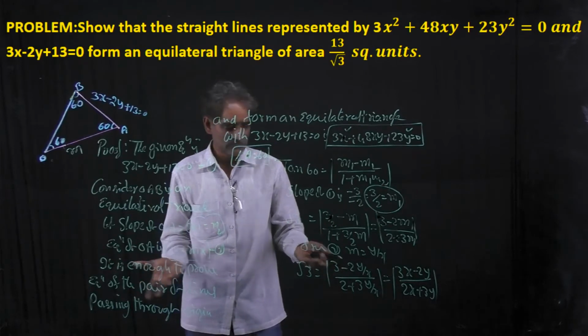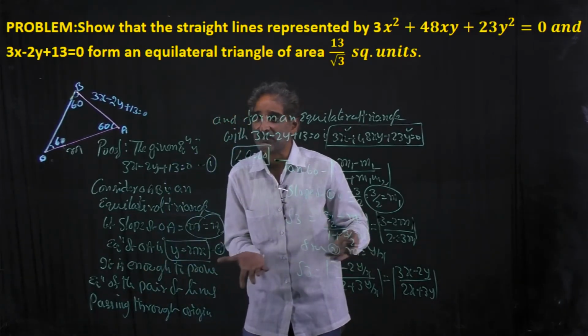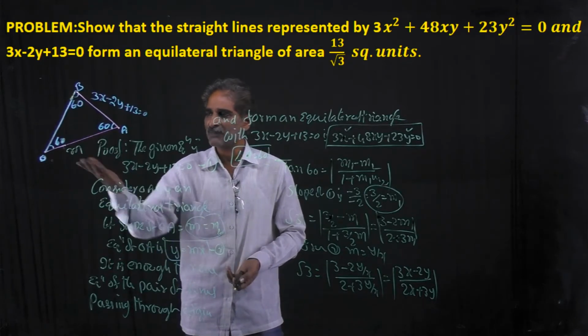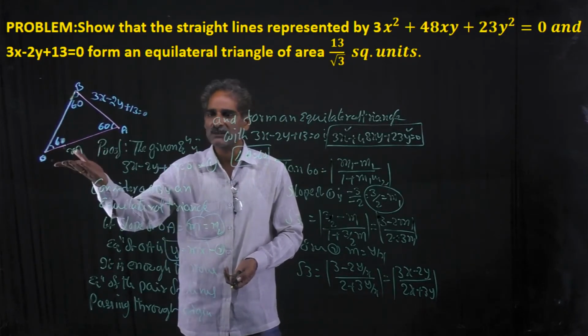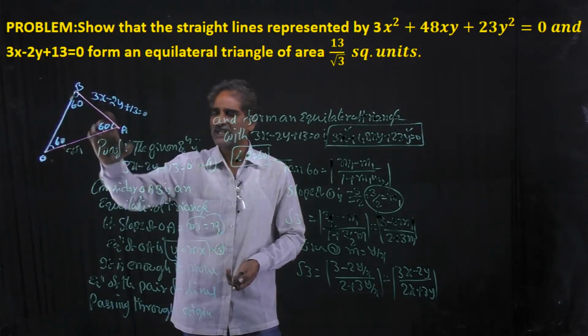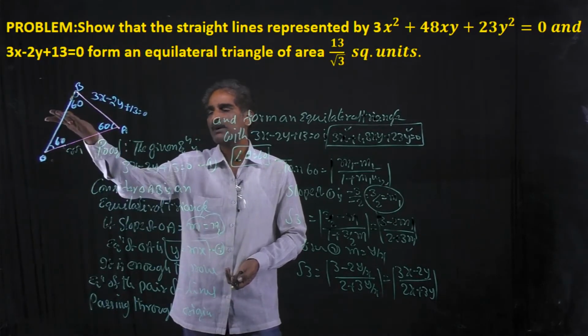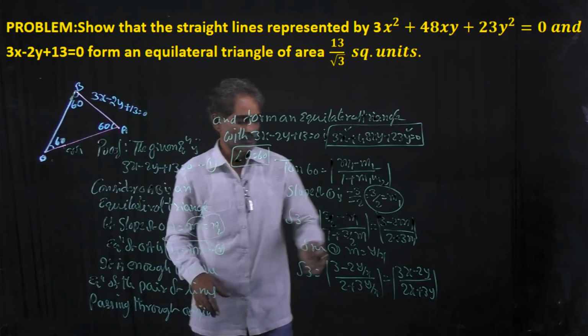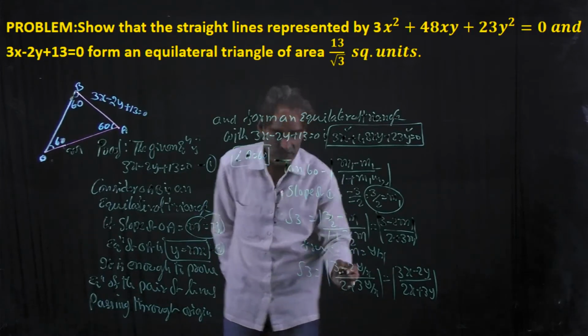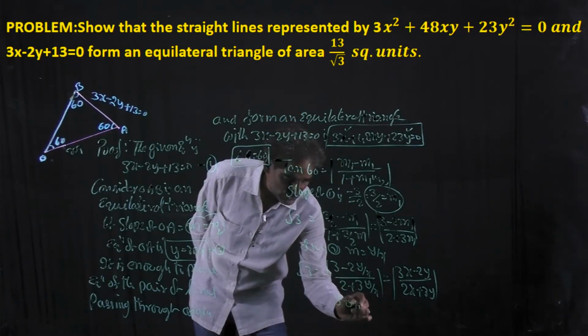Just squaring on both sides, you will get the second degree equation in terms of x and y that represents the equation of OA and OB. Because m is the slope of OA or OB, nothing will go wrong. If y is equal to mx, these two angles are equal, it may be the slope of OB. Understand? So this is the total expression in terms of x and y, just squaring on both sides.